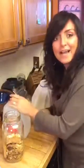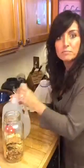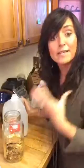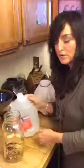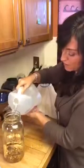This is a nice little fizzy drink. I really enjoy it. I don't think you'd want to go crazy with it. This is one of those special drinks that you would want only on occasion. So probably not something that you would want to replace kombucha with. But if you're getting tired of kombucha, you could have it a few days in a row, that would be fine. So now we're just going to fill the jar with water,